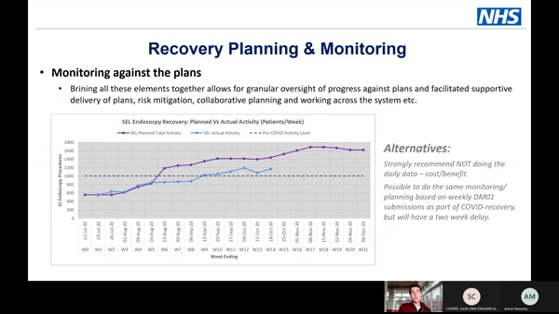It also allows you to monitor your progress against that plan. So this is Southeast London, and the purple line is our plan as we submitted it, and the blue line is how we've tracked against it. So obviously we're well below that, but still above pre-COVID levels of activity, and we are seeing that in the backlog and the waiting list with them